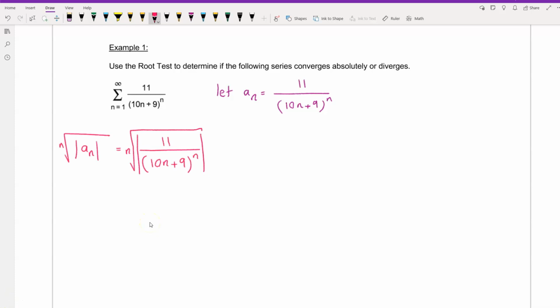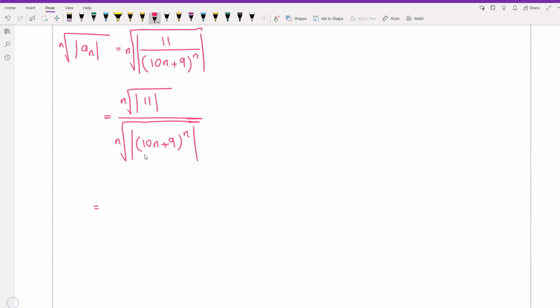So finding the nth root of absolute value of a_n, that is equal to the nth root of absolute value of (11 over (10n plus 9)) to the nth power. So this is equal to, on top in the numerator we have the nth root of absolute value of 11, and in the denominator we have the nth root of absolute value of (10n plus 9) to the nth power, and this is equal to